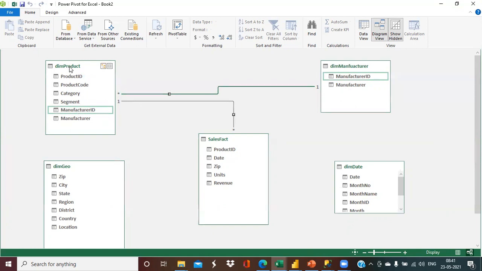And indirectly, this product table is connected with my sales fact table. So we have an associated relationship between the sales fact table and the manufacturer table. And that is absolutely working for me and giving my required results. So the point to understand here is that it is not always compulsory that we will have common columns between the tables. Sometimes we don't have common columns between the fact table and the dimension table, but to create the proper relationship, we have to go through the associative table. Okay, and that's what we are doing here.